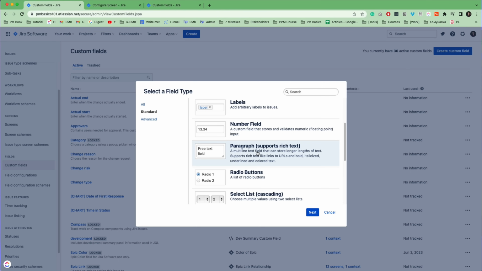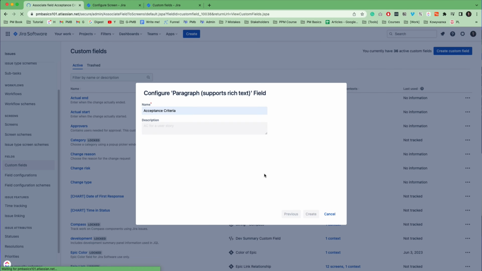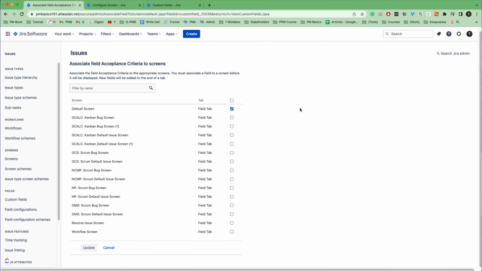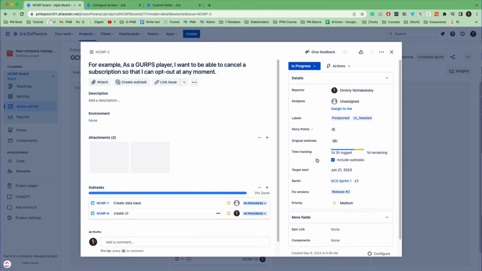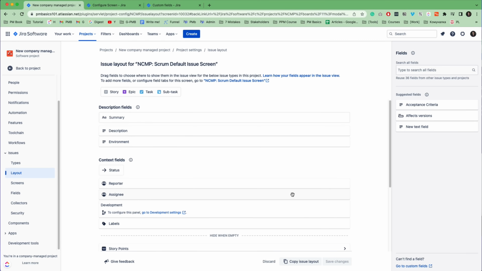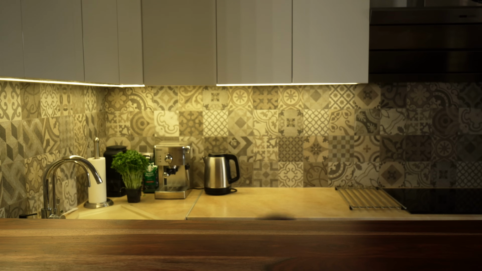Then I'll choose a type, and we need a paragraph of text. By the way, do notice how many options we have here. Then we'll name this new field, and next we can specify in what screen, or in other words, in what project this new field appears. After that, we need to go to the project level and ensure that this new field appears in the right place, and if not, we can rearrange the order.